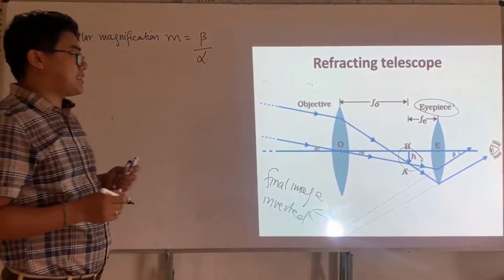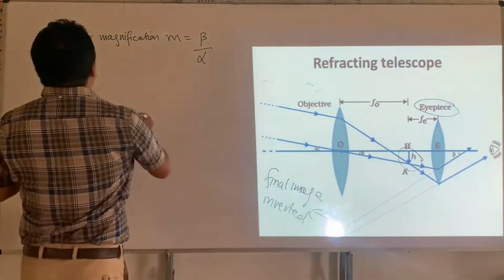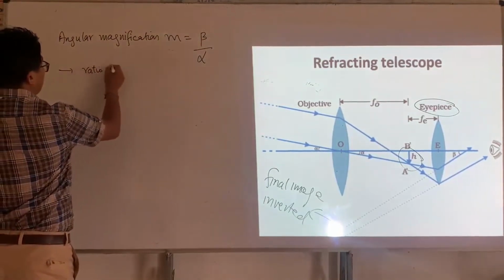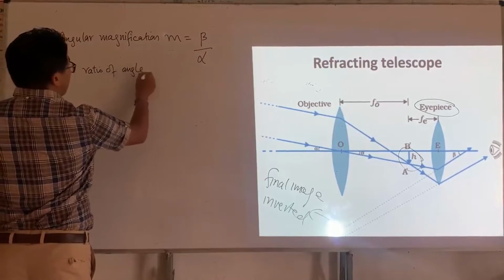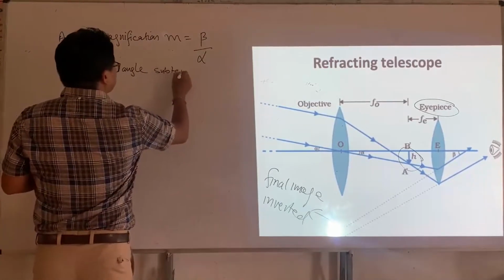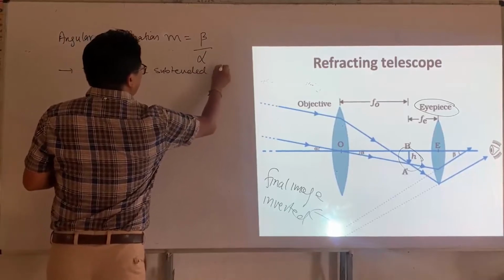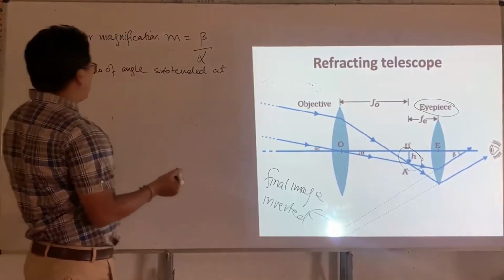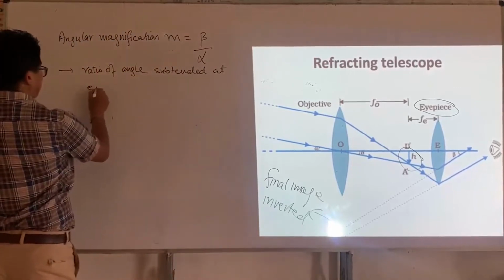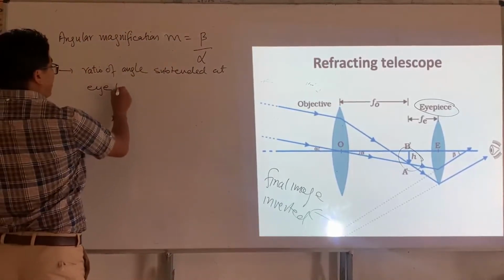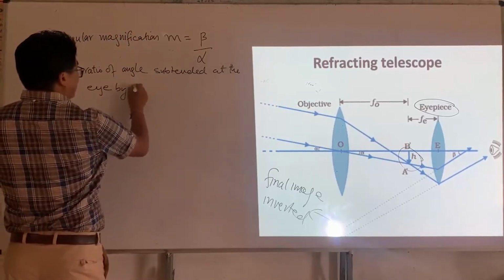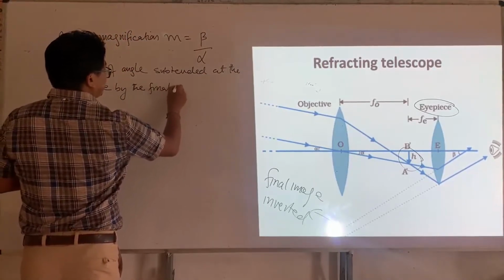What is beta and what is alpha? Angular magnification is defined as the ratio of the angle subtended at the eye by the final image